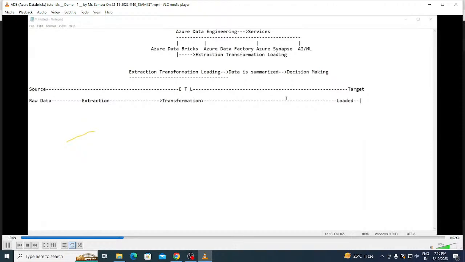Okay. So before we see some examples on how this process takes place, let us try to understand a few more things here, then we'll come back to this. Let us try to understand, first of all, what is a cloud, and what is on-premises. Then we'll come back to this.